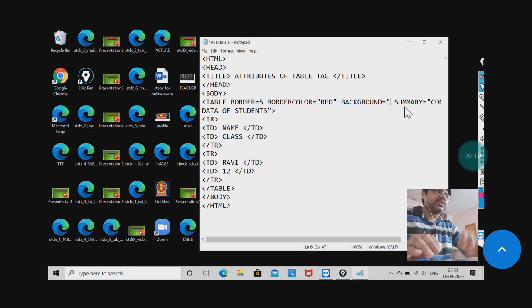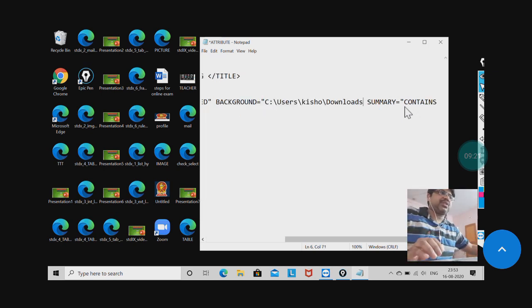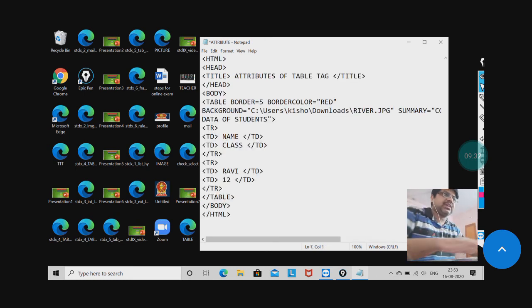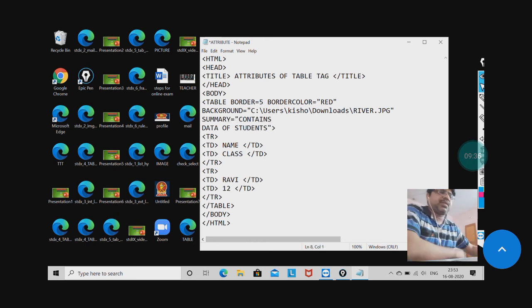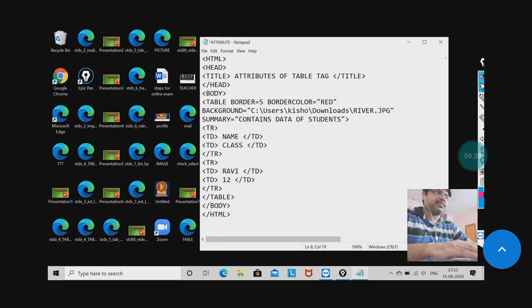So I will use double quotes here and paste the location and the file name, River.jpg. Now let me shift this to the next line so that you can see it. Now I am going to save this one. Maybe it will not show the whole image because your table is short.